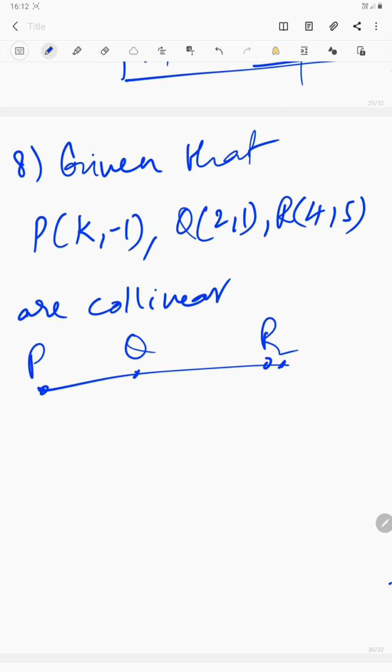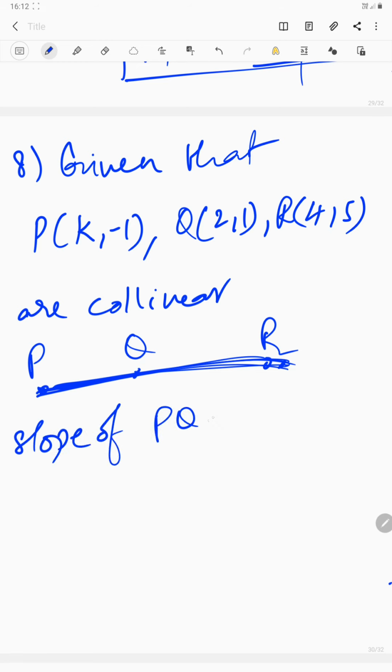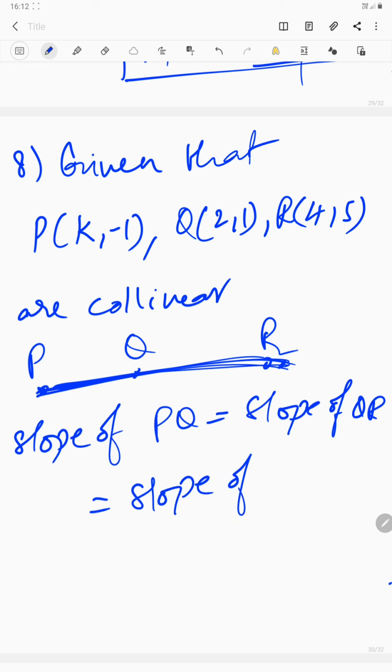Therefore in this situation how slope is helpful? ठीक है? If the lines are a same line, इसका मतलब पूरा लाइन को एक ही स्लोप है ना, either it is PQ or QR or PR, means slope of PQ is equal to slope of QR is equal to slope of PR हो गया है.